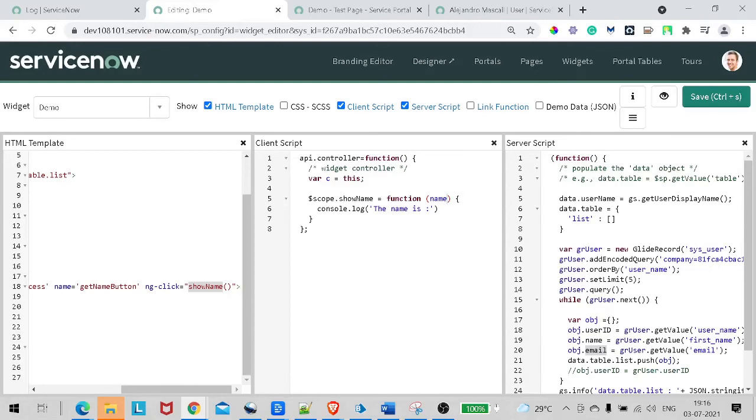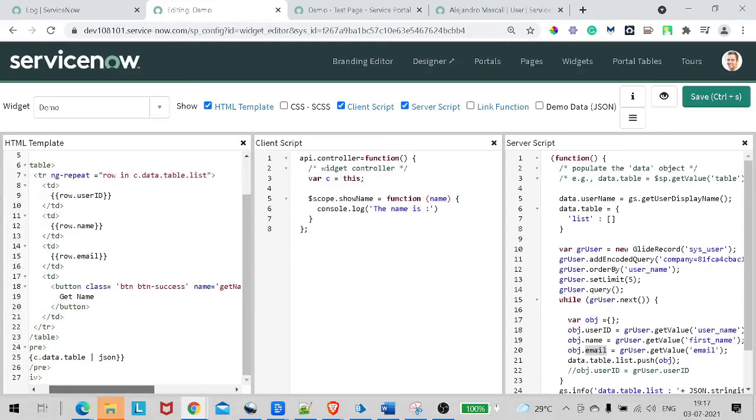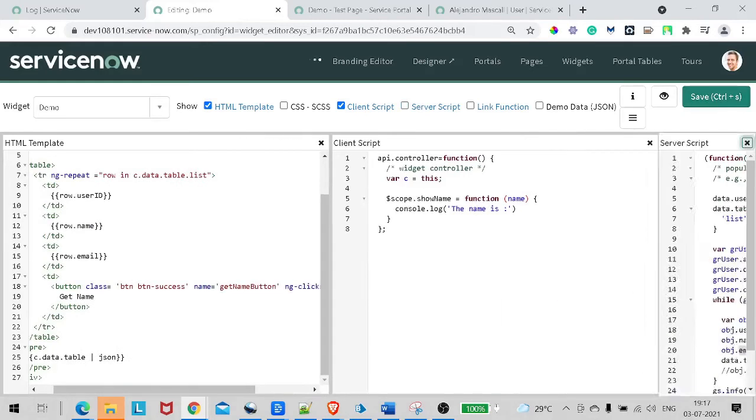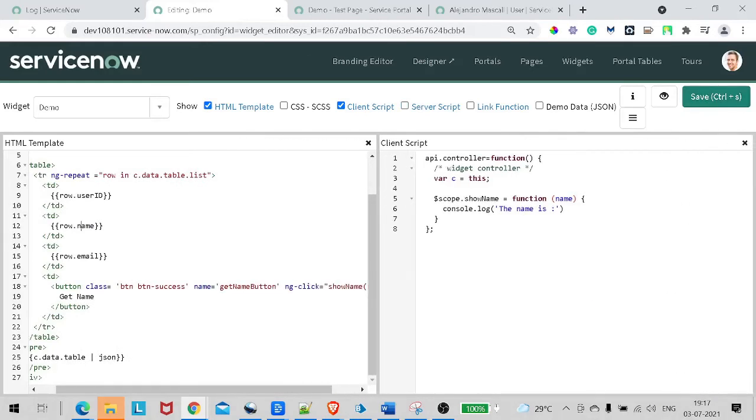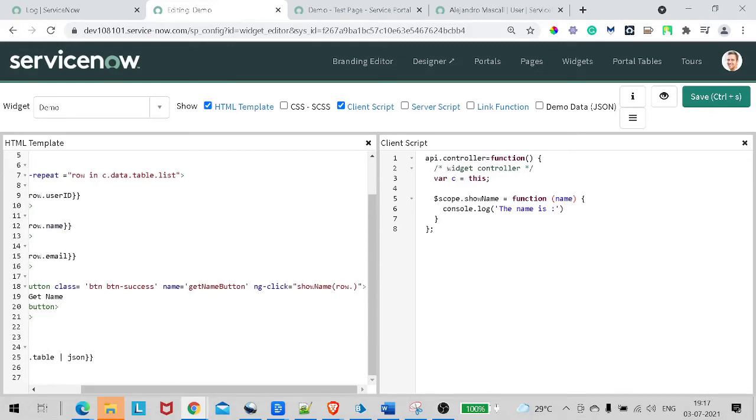How to pass it from here, because we have to pass it from here, right? So it will be like row. For that particular row, we want the name attribute, right? I will close the server side for the time being. So I will write row.name. We'll be passing this name attribute for that particular row to the client script via this attribute, and we'll simply show that name. So if I do plus name,